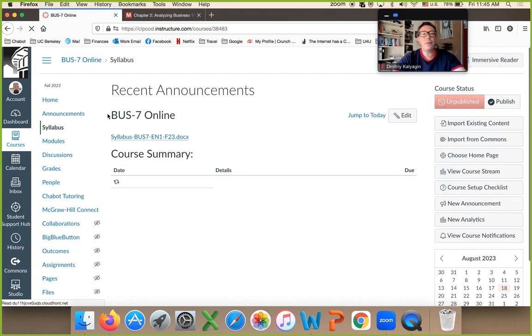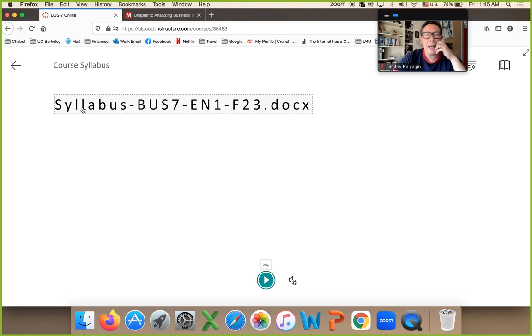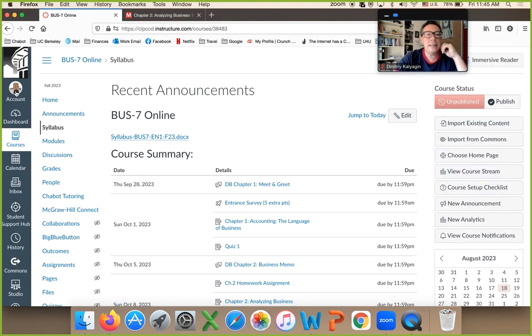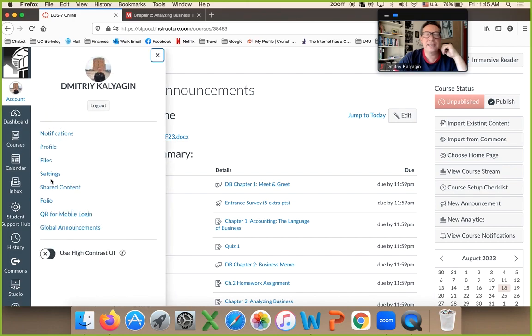So on the left, oh, by the way, in the account settings, let me go back. In this account, you have settings, and that's where you need to make sure your email address is correct. I will be sending you emails from Canvas, and so I don't have control what kind of email address you have. You can put multiple email addresses, but make sure it's an email address that is correct, because I'll be communicating with you via email, okay?